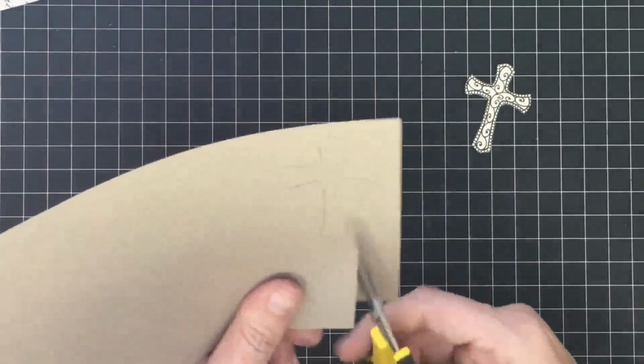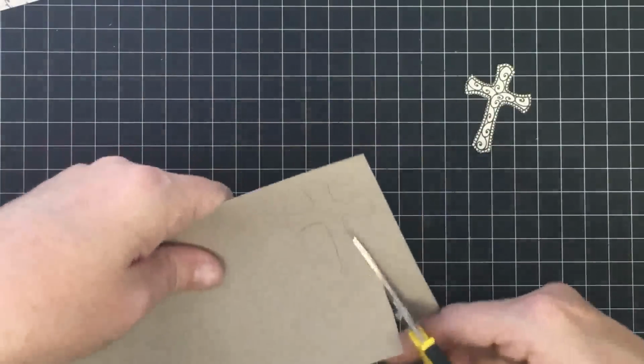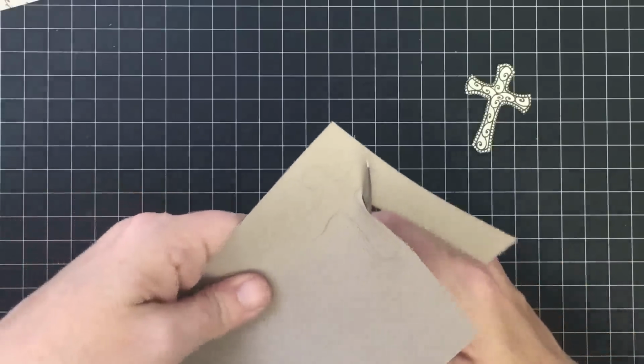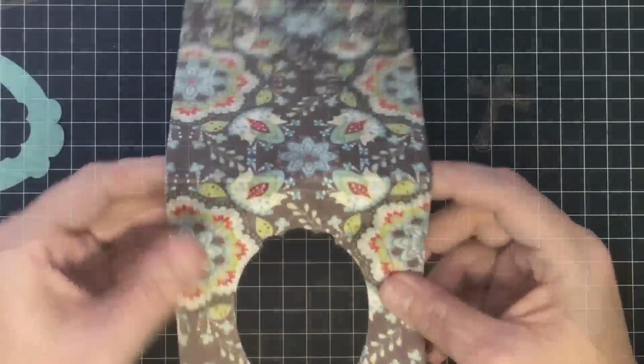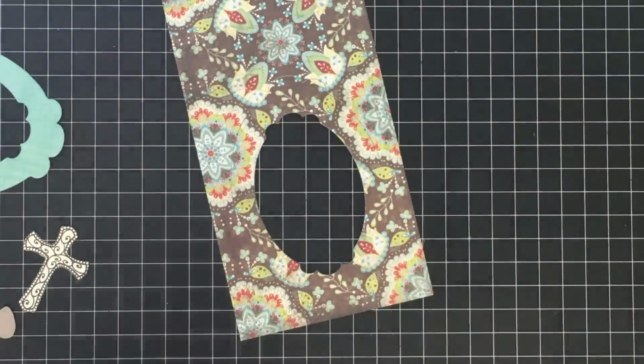So this is where you're going to leave an outline or a border. You don't have to leave an outline. You could just cut this exact, as long as you can sandwich it around that fishing line, but I think this looks really pretty to have that little border popping around it. So now this card is ready to assemble, and you're probably so confused at this point, but I would suggest